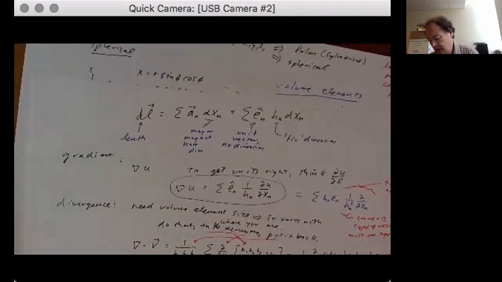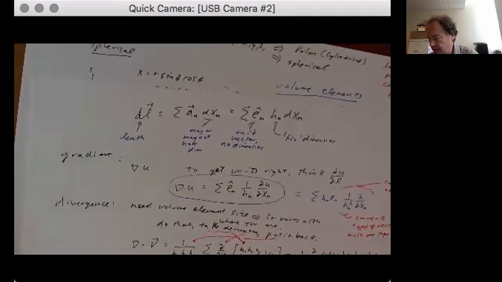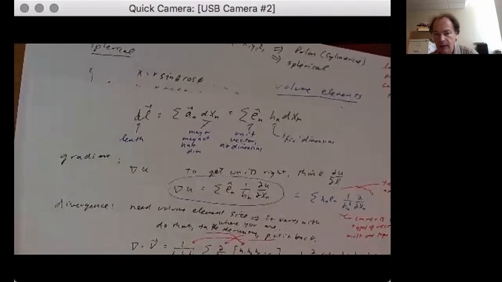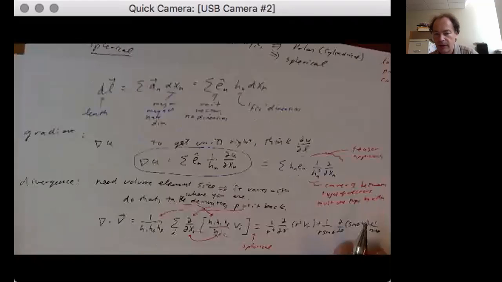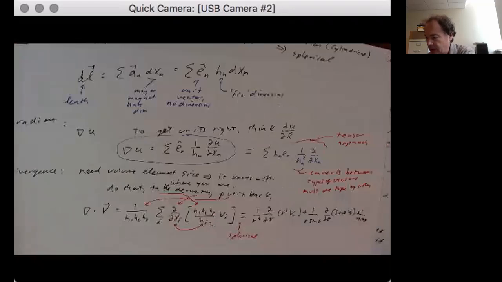And then you've got the 1 over r sine theta again, and sorry, 1 over r sine theta partial v phi